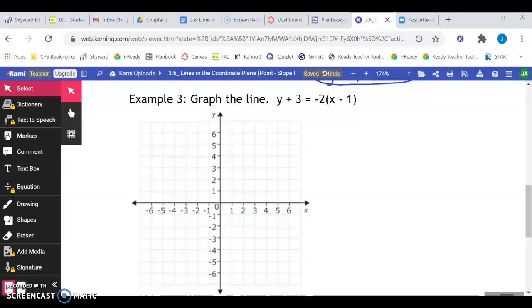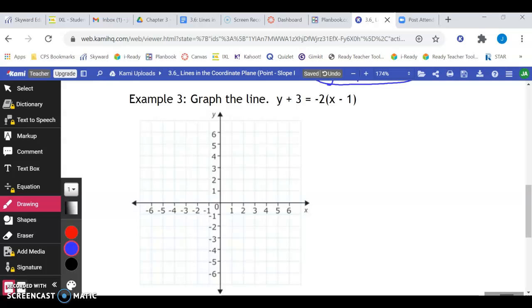All right, and then example 3, we're going to graph this line. So we need to take our information out of the equation. So in the m spot, I see negative 2. And remember, we need a rise and a run, so I'm going to make that a fraction. And then we need an ordered pair. Our x is a 1, and our y, it says plus 3, but remember the formula is minus. So in order to turn it to a positive, we had to have plugged in a negative 3. So if I rewrite that,